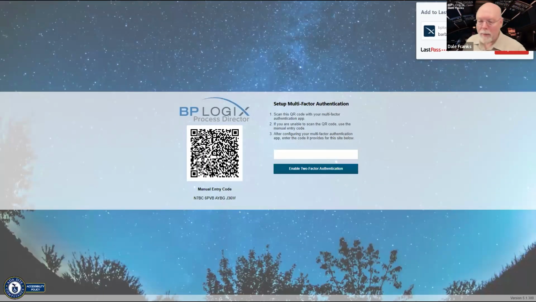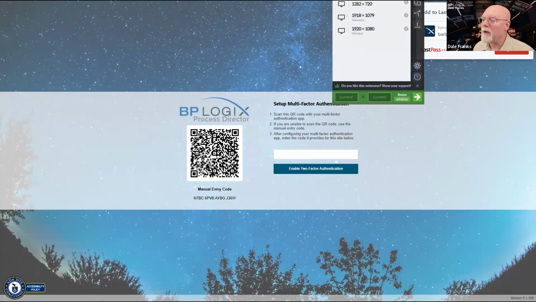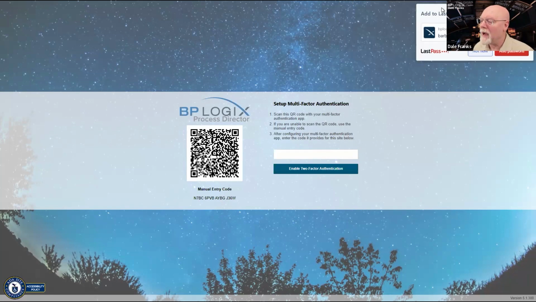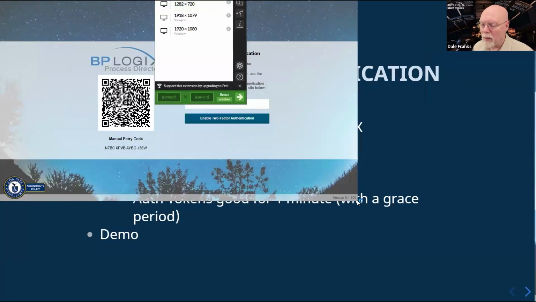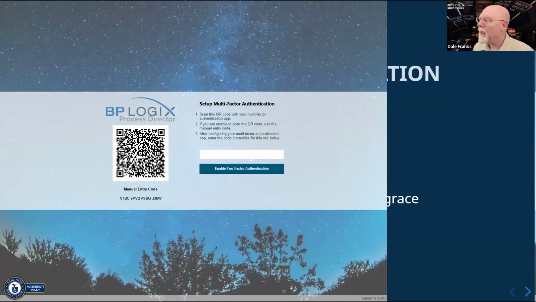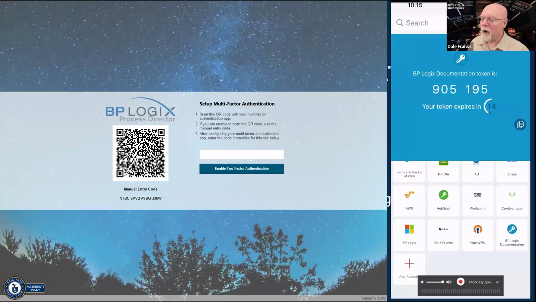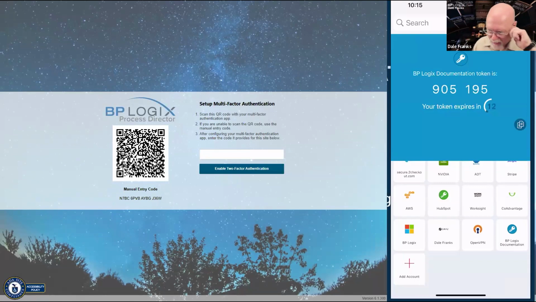We were able to log in, and so that we can see both of these things at the same time, I'm going to make my window a little smaller here. Sorry, just give me a second. Let me not save that in LastPass. Let me go to a smaller window, maybe not quite that small, but smaller. And then we can drag my phone over here so we can see both things happening at the same time.